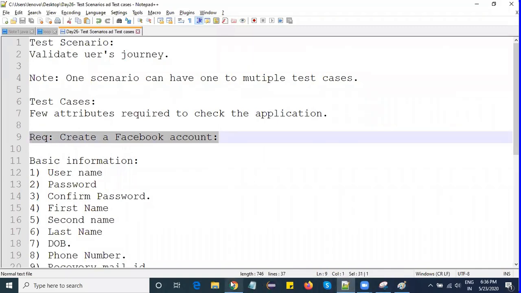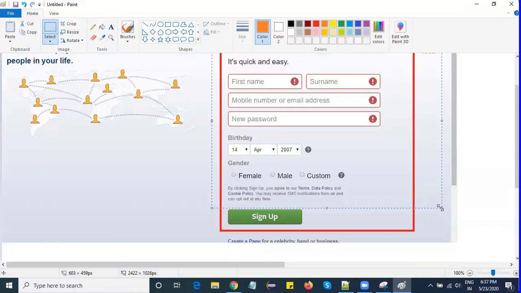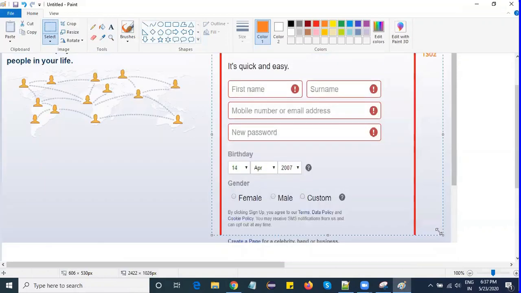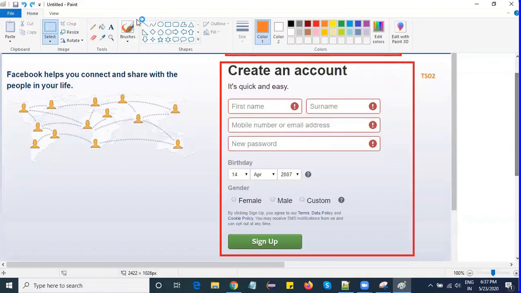So what I will do, I will consider this scenario only. Now let's see what things a scenario will contain. Let me select this scenario.